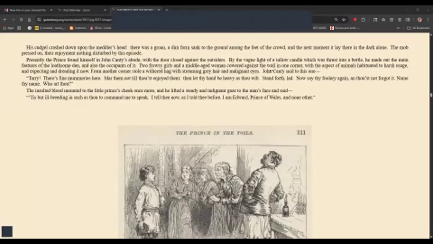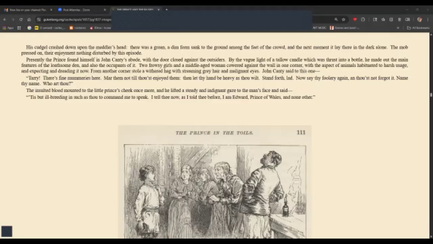But by the vague light of a tallow candle, which was thrust into a bottle, he made out the main features of the loathsome den, and also the occupants of it. Two frowsy girls and a middle-aged woman cowered against the wall in one corner, with the aspect of animals habituated to harsh usage, and expecting and dreading it now. From another corner stole a withered hag with streaming gray hair and malignant eyes.